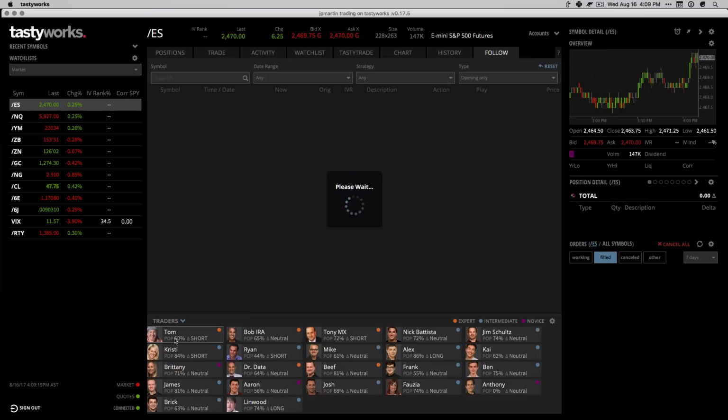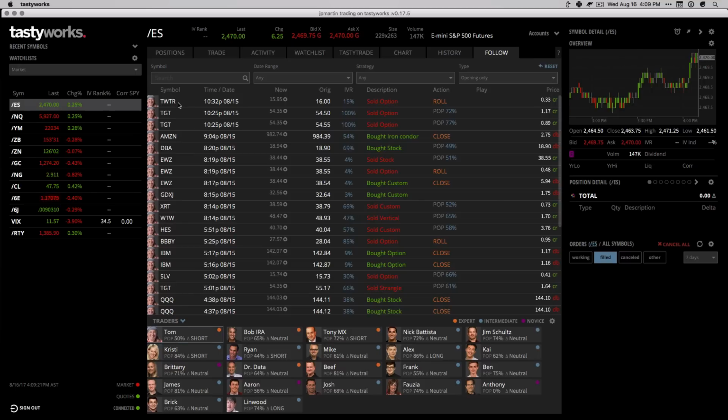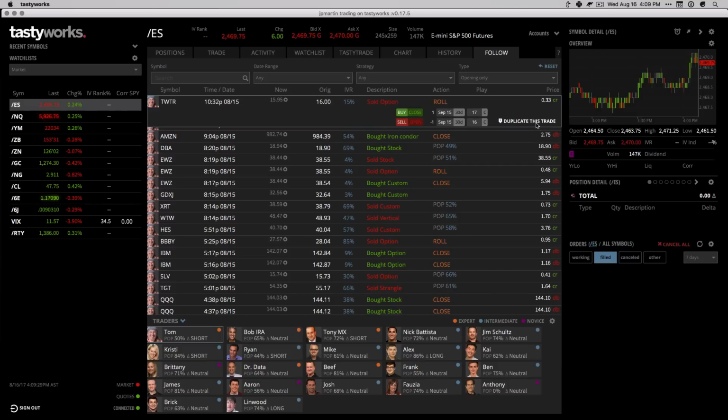So let's say I'm looking at Tom's trades. He's done Twitter recently, so it can show you the exact trade, and I can duplicate this trade if I like to by just clicking here. So that's a very interesting feature that they have here,